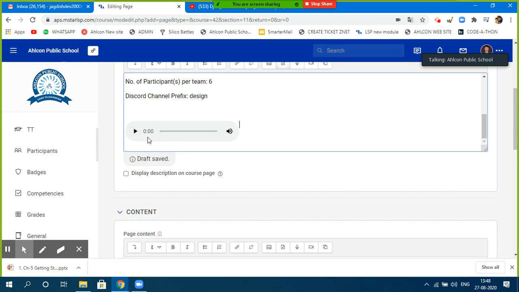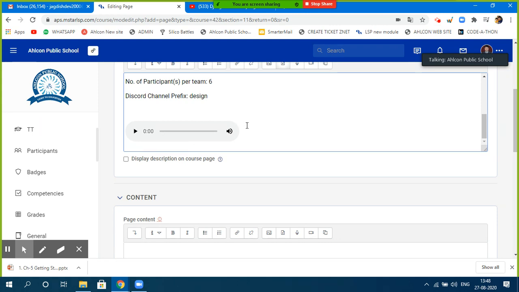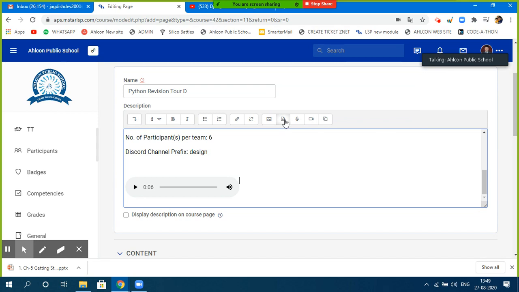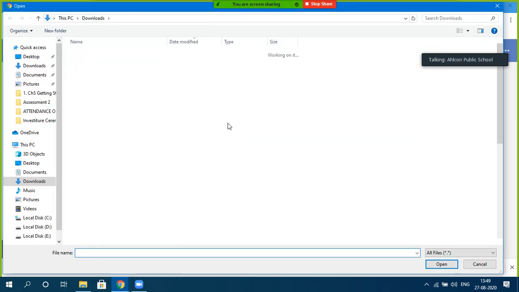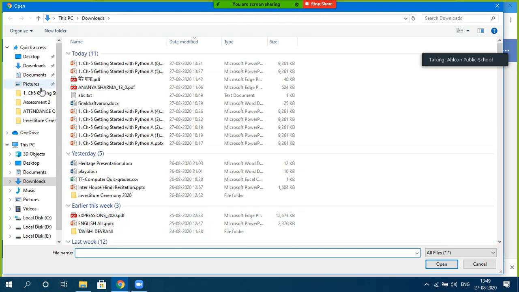You can clearly see this portion. This page is there. It's a normal page, I mean an HTML page, and it's containing an audio. If you click on that, it will show you the audio also. Let's say I just want to say the following instructions need to, okay, so this is something like that. This is a unique thing which I noted down here. So this is one thing, and similarly you can insert images, just like you insert an image in your normal web page. This is an image. You can browse where exactly the image is. Okay, let's say from the download.